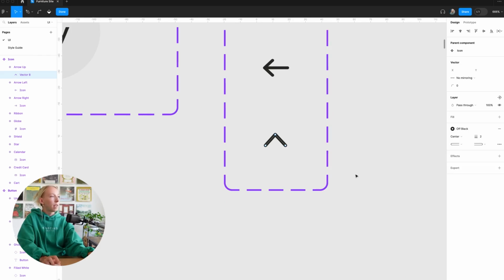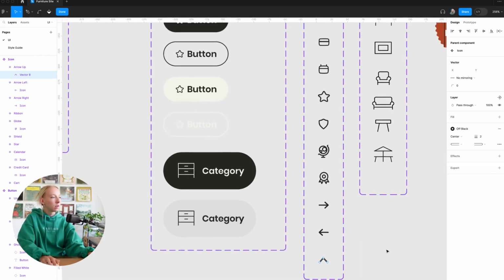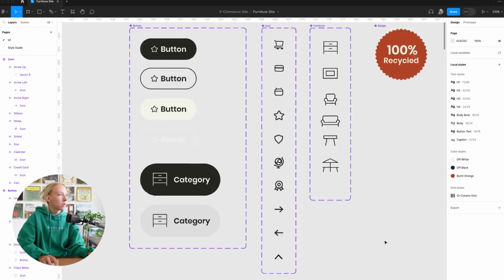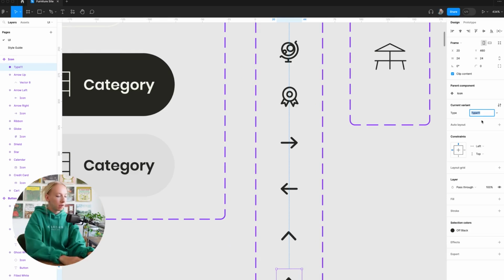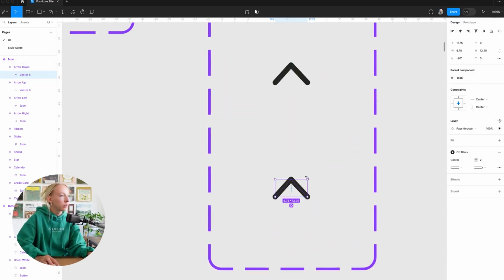Cool. Then we'll just duplicate that and arrow down. We'll just flip this guy. I'm gonna make sure it's centered. So now